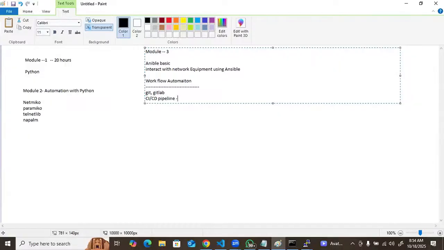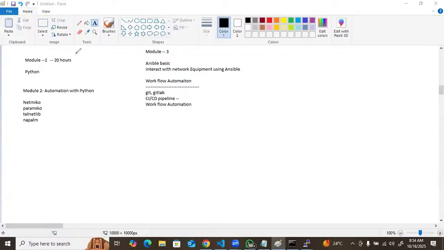Only then can we understand workflow automation. Right? This is our complete course. There are 3 modules. These 3 modules we are going to cover in our entire network automation journey: module 1, module 2, module 3.